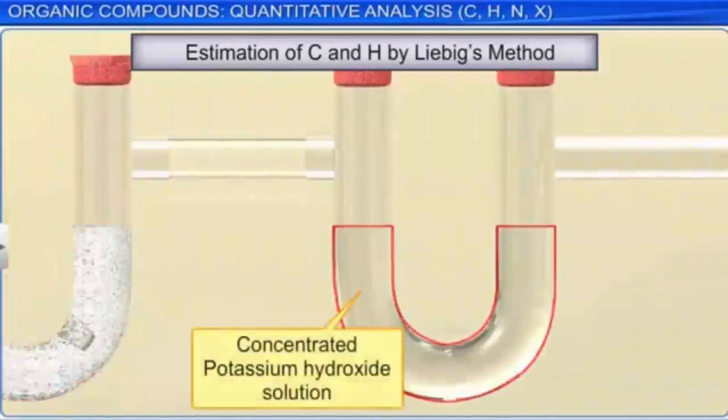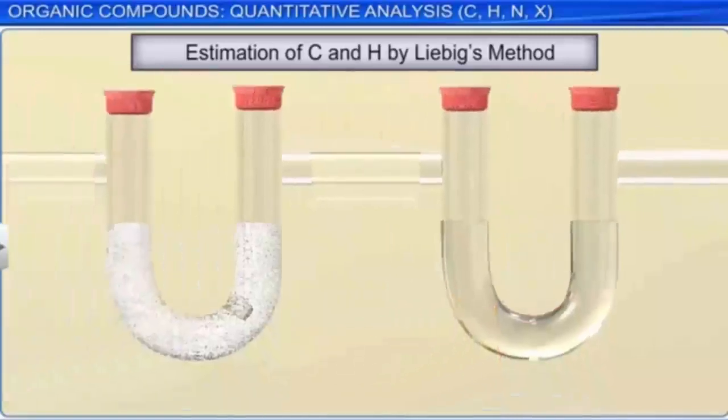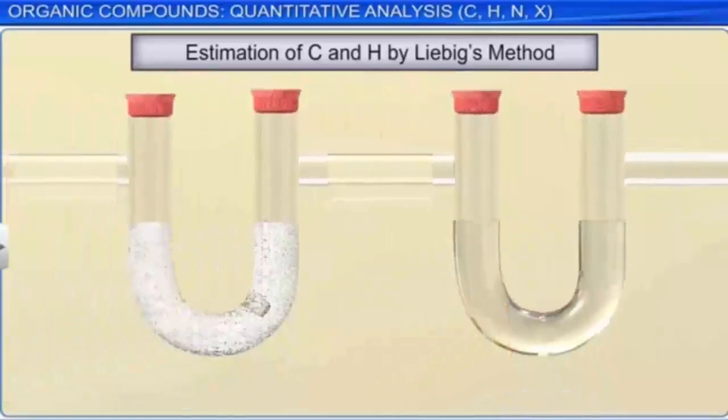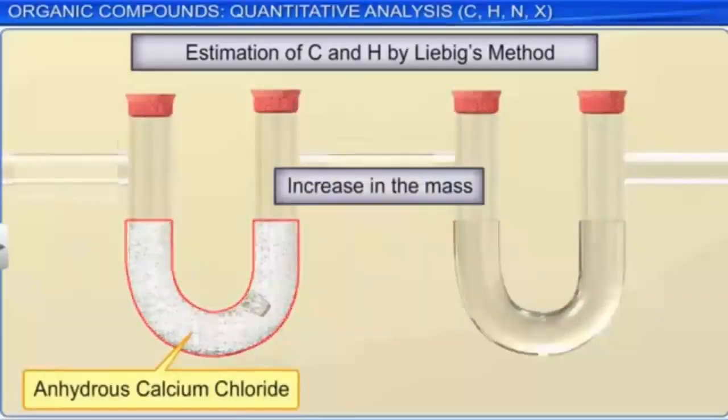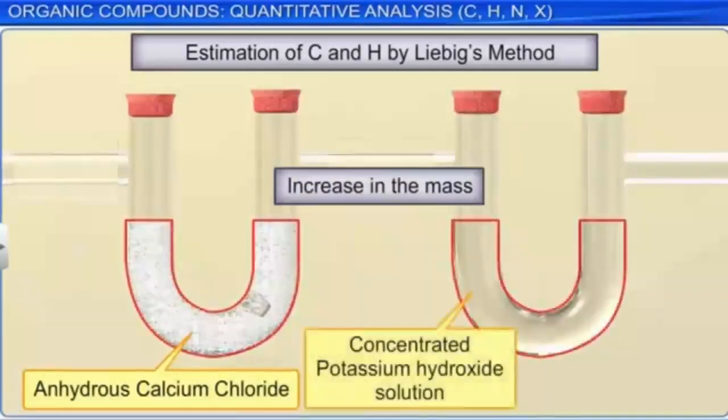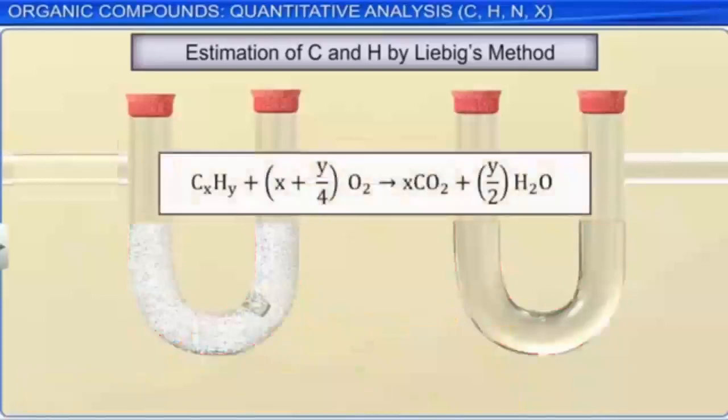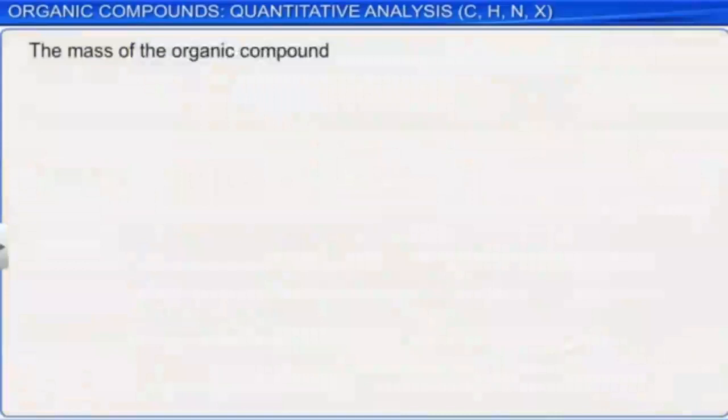The U-tubes are weighed again after this absorption. The increase in the masses of calcium chloride and potassium hydroxide is calculated to get the amount of carbon dioxide and water in it. From the amount of carbon dioxide and water, the percentage of carbon and hydrogen are calculated. Let the mass of the organic compound taken be m grams, and the mass of the water and carbon dioxide produced be m1 and m2 grams,